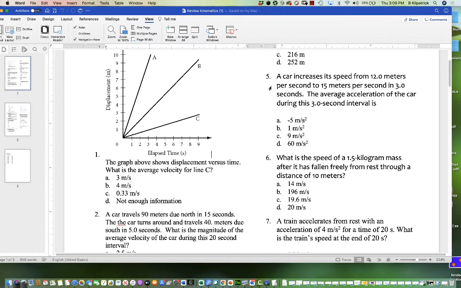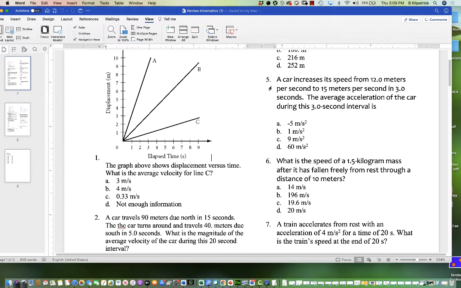Okay, so the first question, we have a displacement versus time graph. And the question is saying, what is the average velocity for the line? Displacement versus time, what's the slope equal to? Velocity. So with a d versus t graph, remember your slope is going to be equal to your velocity. So for the average velocity, for c, what we need to do is find the slope